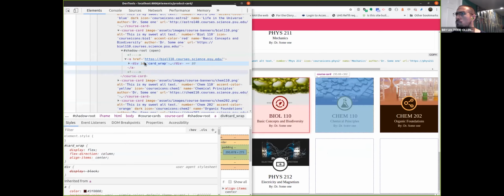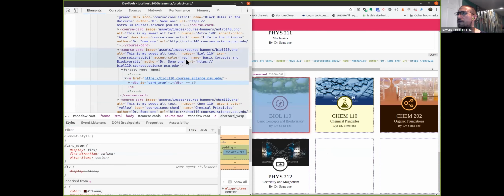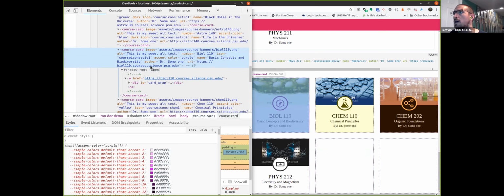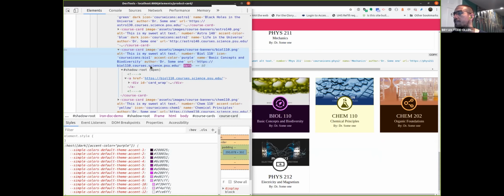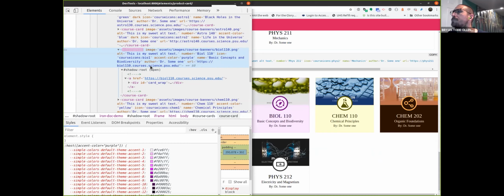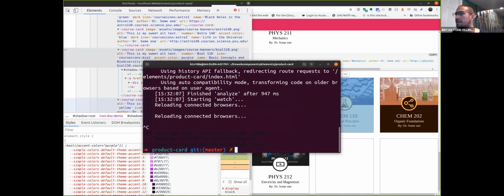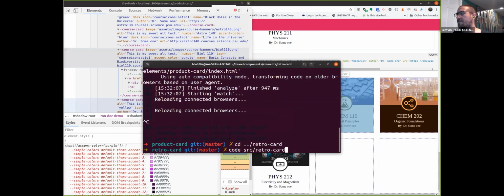So looking at those, right, we inspect it. I'm going to take this from red over to purple, and it's going to be the exact same color contrast ratios. I could also take this and put a dark flag on it, and then we have a dark purple one in this case. This is an approach I lifted because I like stealing concepts for myself. So I lifted this from RetroCard. So RetroCard does a very similar